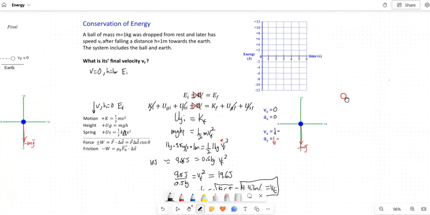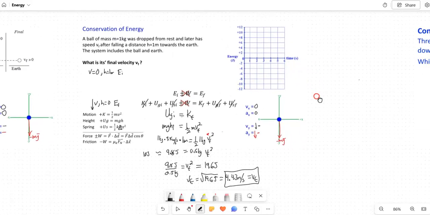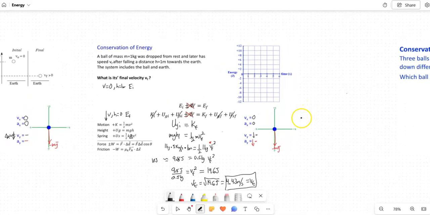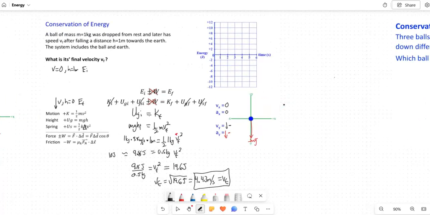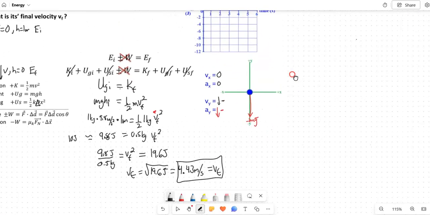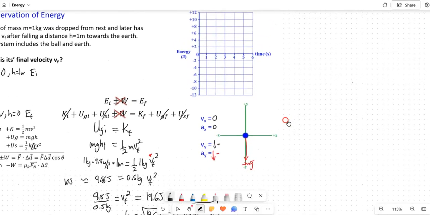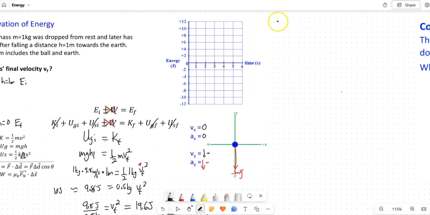Now, I put this energy versus time graph in here so we could see what is actually happening. I'm going to go ahead and put some equations over here. So the potential energy due to gravity, we had worked that out. That's equal to the final kinetic energy. We had worked out that potential energy due to gravity is 9.8 joules. And since potential energy due to gravity is equal to the kinetic energy, the final kinetic energy is 9.8 joules,